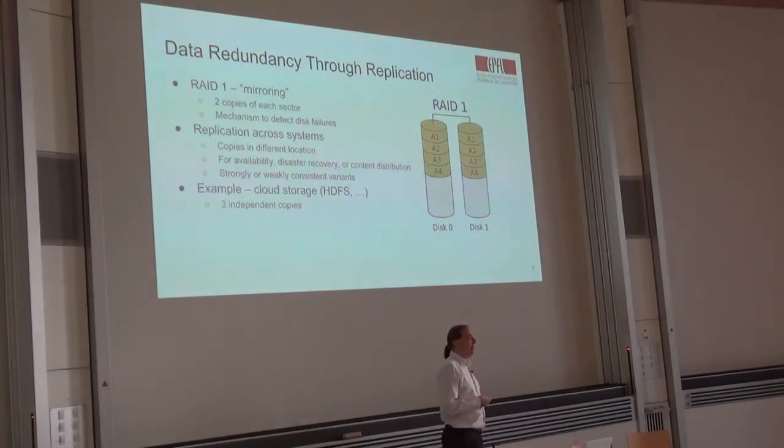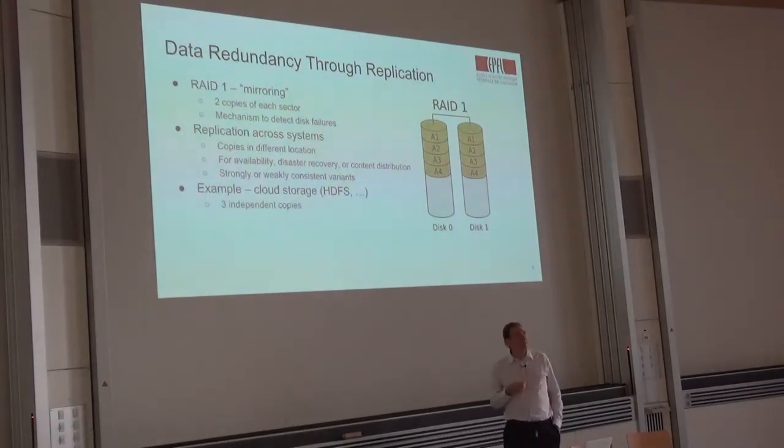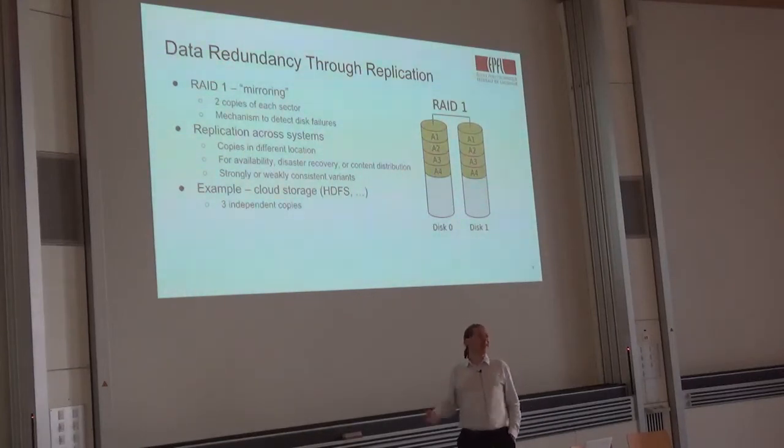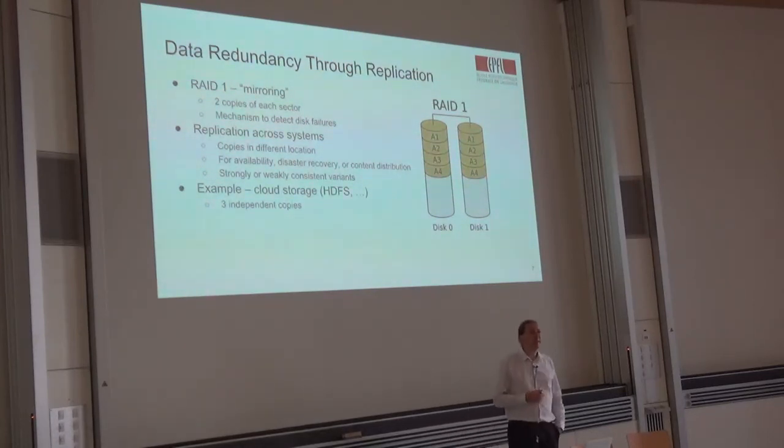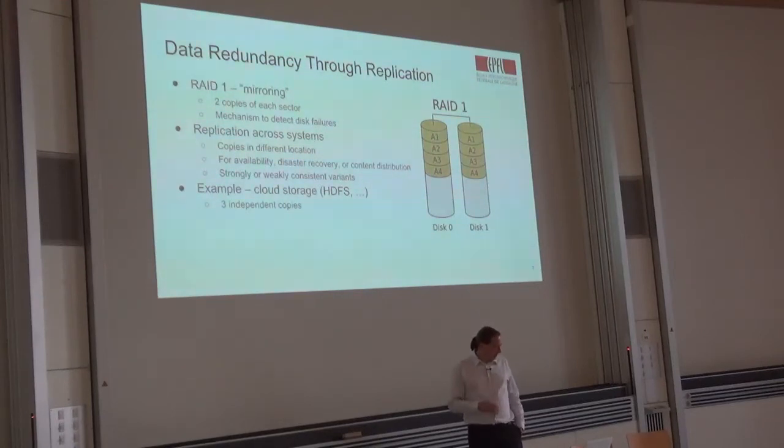If you want to tolerate multiple failures, well, you could add more disks. You could mirror across 3 disks instead of 2. That would, in principle, allow you to tolerate 2 failures. But then you've multiplied the disk cost by 3 instead of 2 for the amount of storage you're getting, right? And so this high cost led to the development of other forms of RAID, some of which are more efficient. For example, RAID 5, where